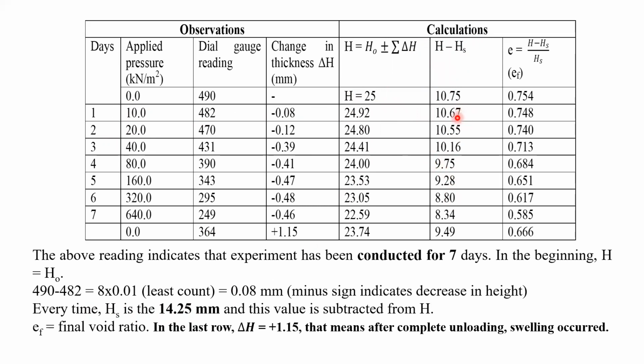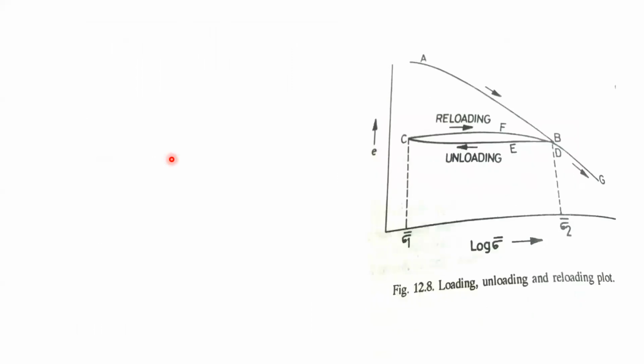So once you find out the values of HS and H minus HS, what we shall do? We can find out the final void ratio for each effective stress. So this is the void ratio. So now what is our further target? We have to plot the graphs in between the applied pressures, which are called effective stress, and the void ratio. So these graphs in between the applied pressure, which is effective stress, and final void ratio give many definitions, right? So let us see in the next slides.